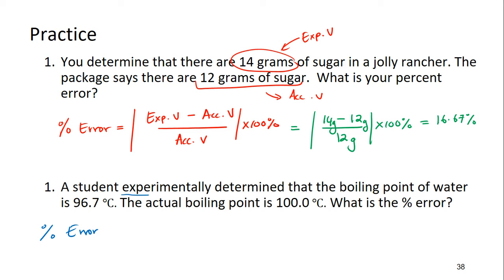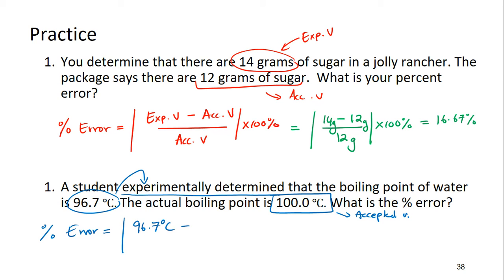All right, let's calculate the percent error in this question. A student experimentally determined that the boiling point of water is 96.7. So that's the experimental value, 96.7 degrees Celsius. The actual boiling point, that's the accepted value, is 100. What's the percent error? So percent error is equal to absolute value of 96.7 degrees Celsius minus 100 degrees Celsius